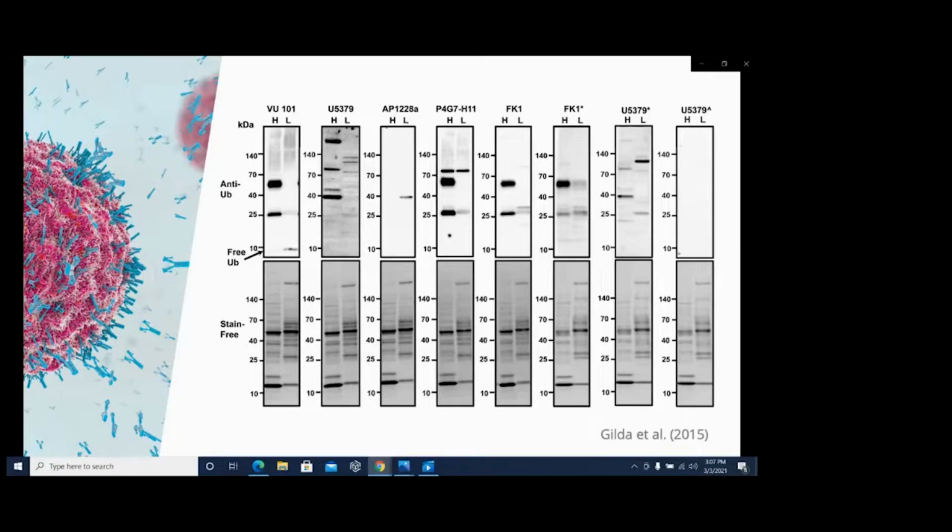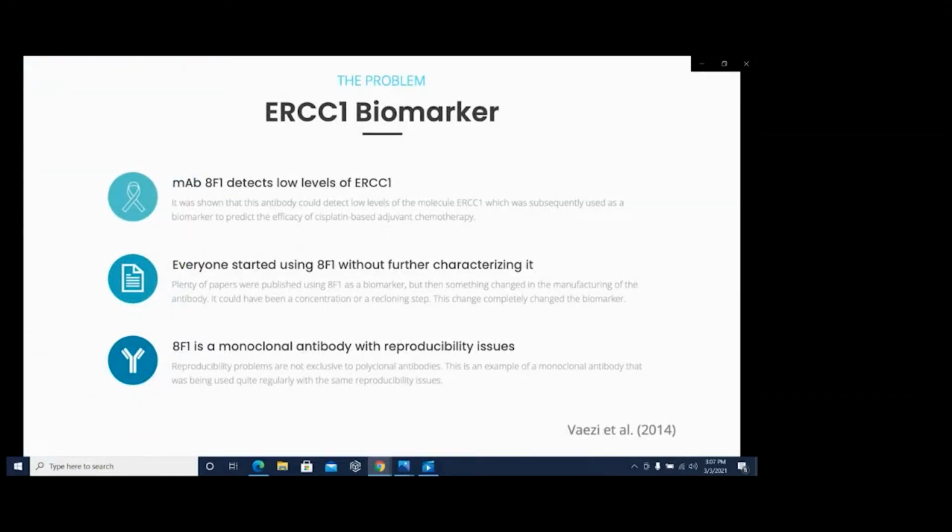I could go further and further into this, but I'm just going to showcase one more example. And if you'd like to learn more, the Antibody Society has an incredible webinar series that explains this issue in much more detail than I can get into today. So for my last example, before going into a little bit more on the solution, let's take a quick look at ERCC1. So ERCC1 was used as a biomarker in the treatment of cancer. This antibody, 8F1, was used to detect low levels of ERCC1, which could predict the efficacy of cisplatin-based adjuvant chemotherapy